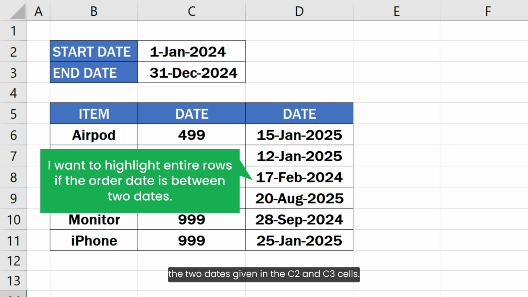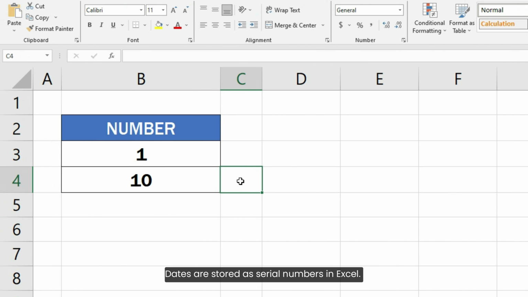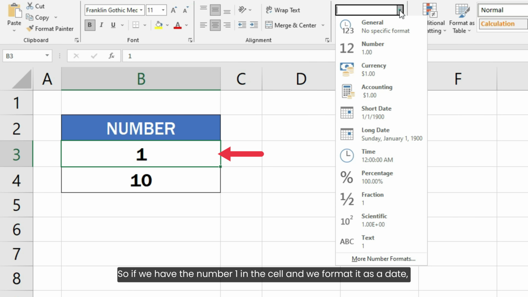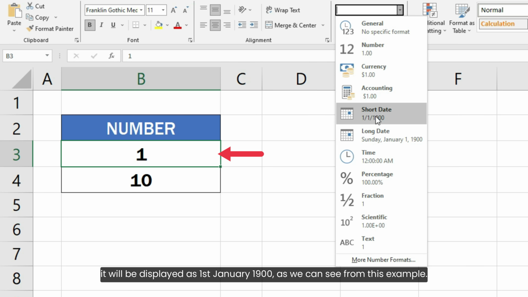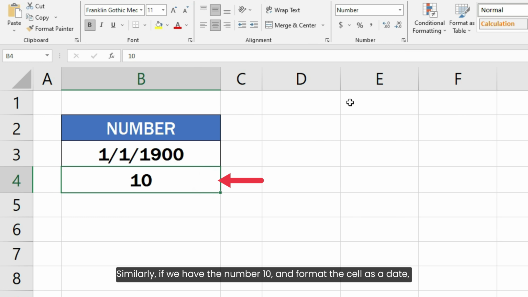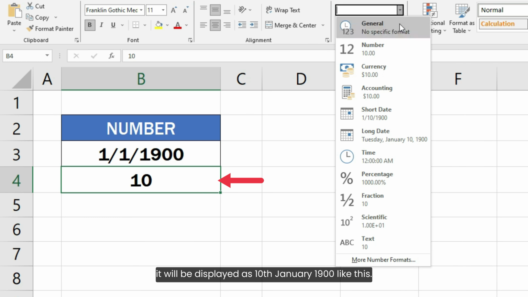C2 and C3 cells. Dates are stored as serial numbers in Excel. It starts from the 1st January 1900, which is represented by the number 1. So if we have the number 1 in the cell and we format it as a date, it will be displayed as 1st January 1900, as we can see from this example. Similarly, if we have the number 10 and format the cell as a date, it will be displayed as 10th